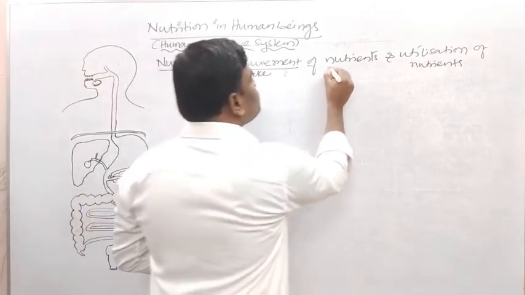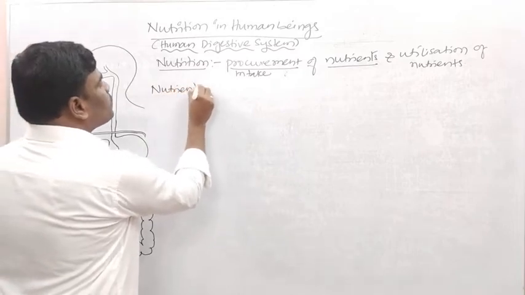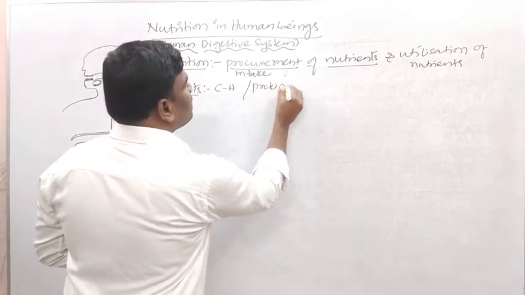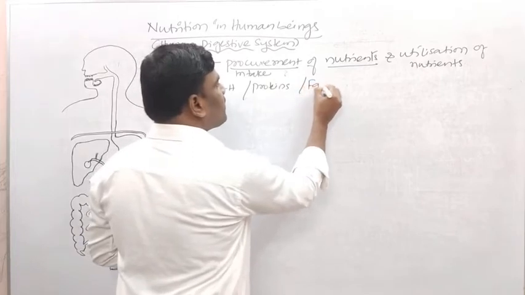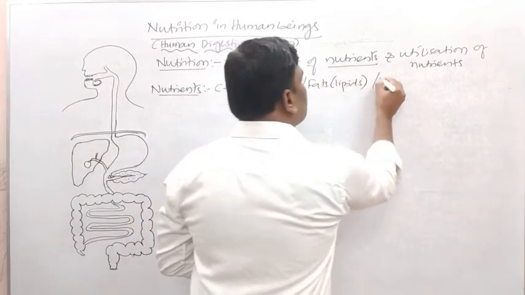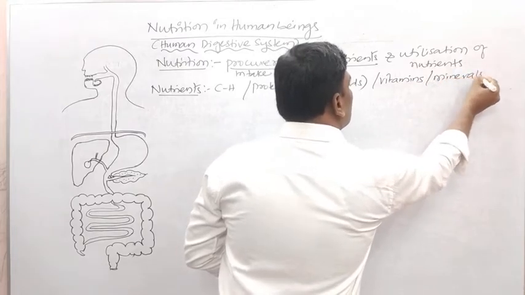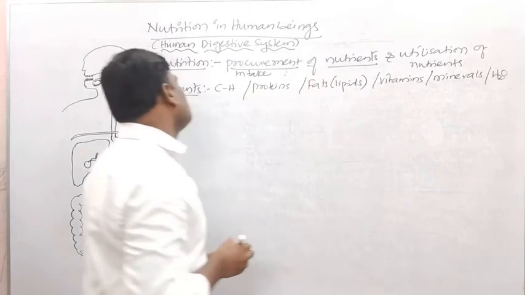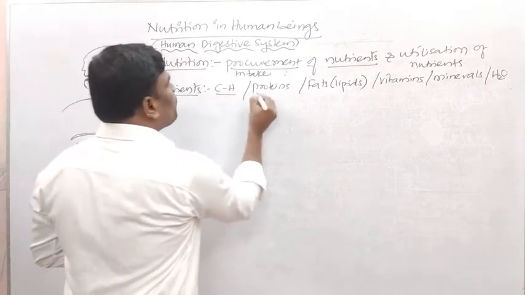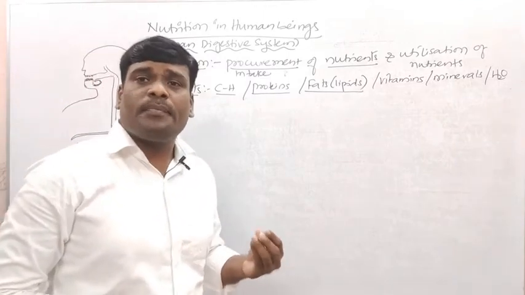So what are nutrients, children? We have already studied in the previous video. What are nutrients? So nutrients are carbohydrates, proteins, fats, we can also call them lipids, vitamins, minerals, water, isn't it? So these all are nutrients, children, okay? These carbohydrates, proteins, fats, vitamins, minerals and water, we get from the plant as well as